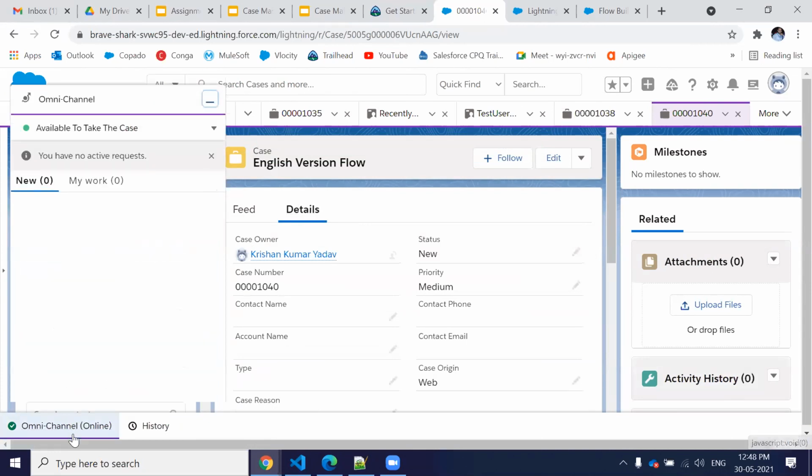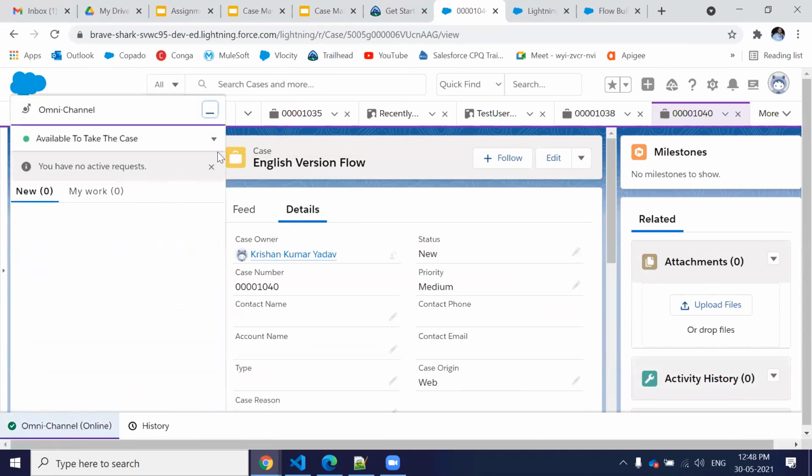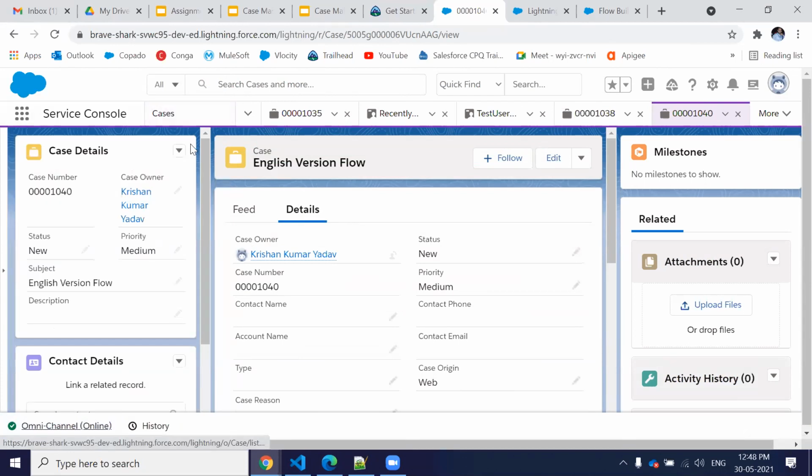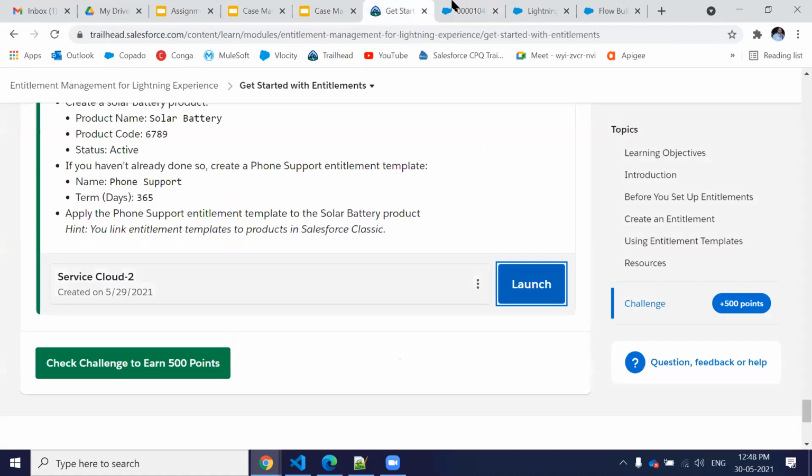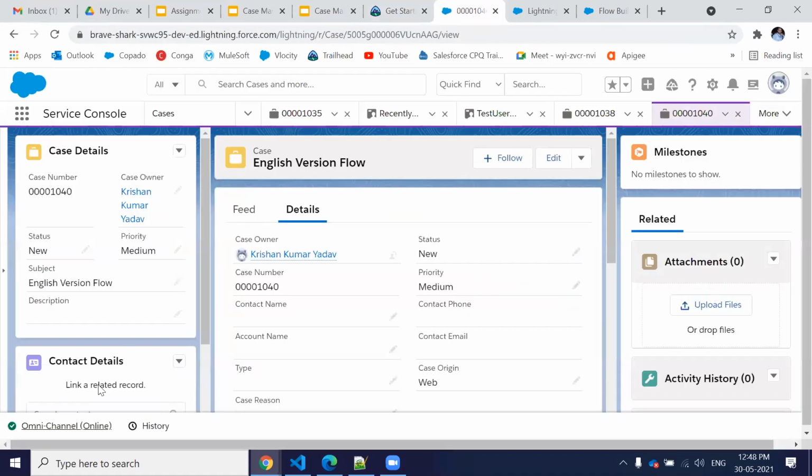So whatever I assumed is correct, because I'm thinking that something is happening in this org, which I created yesterday morning. In this org, no routing is working right now, with the trigger, with the process builder, with the flow. So I'm going to check what is happening in this org.